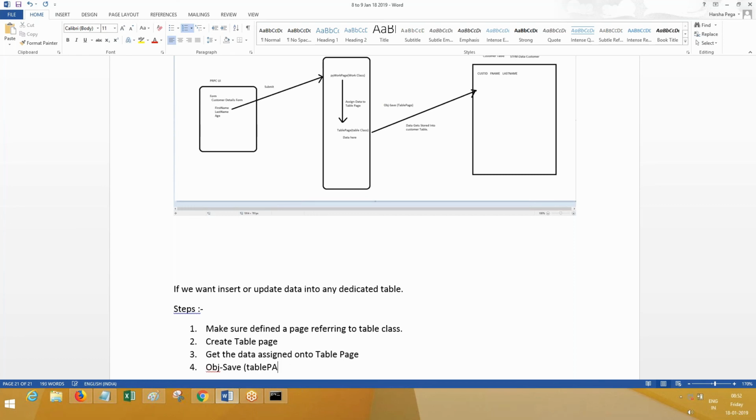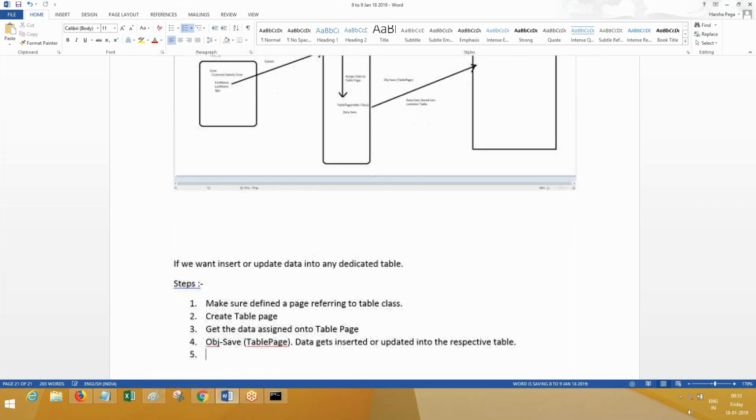With this, data gets inserted or updated into the respective table.